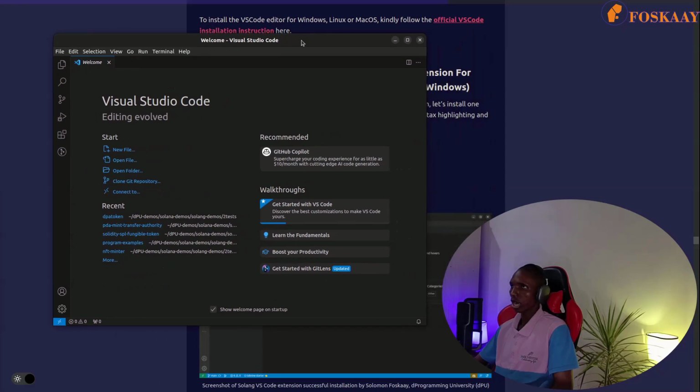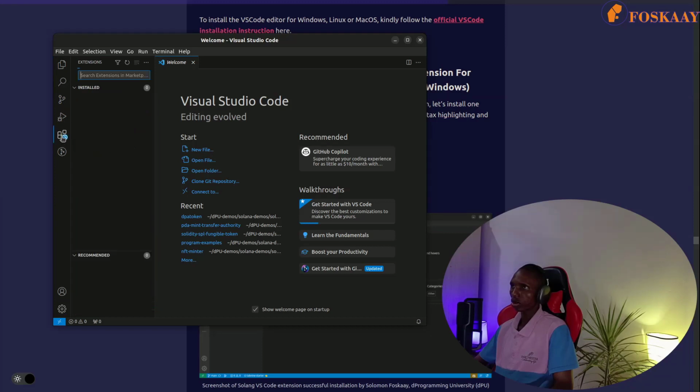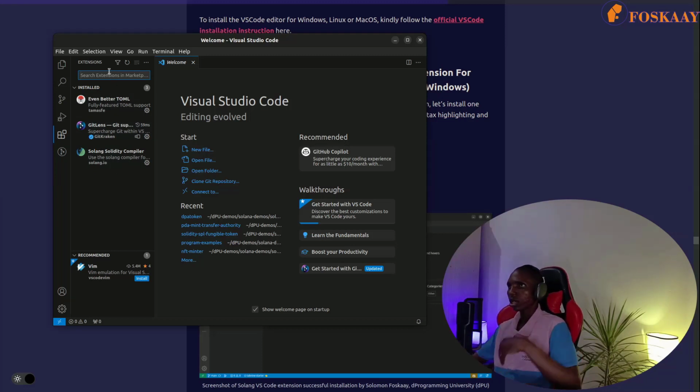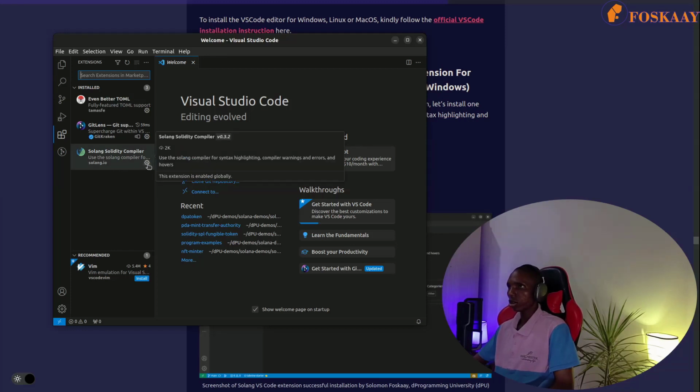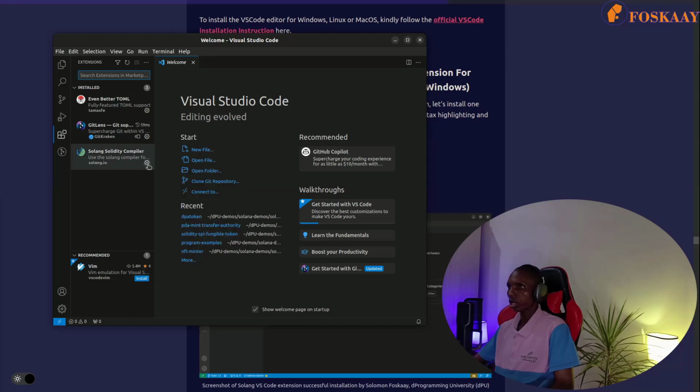Once you install it, you have it like this. Go under extensions. You have the Explorer, source control, and then the extensions. Go and install this Solang Solidity extension. Just search for it and install it, because it will help you with corrections, syntax, and a lot of things as we move forward. So this is also important. Also inside the settings, make sure, if you tap here,